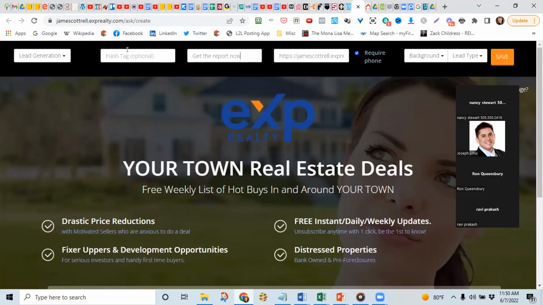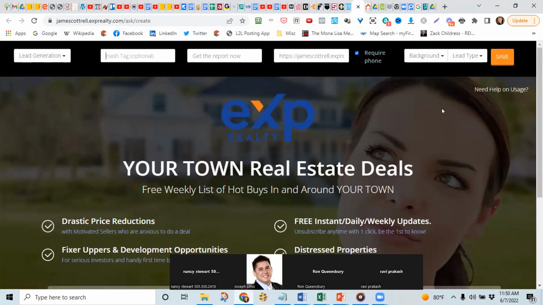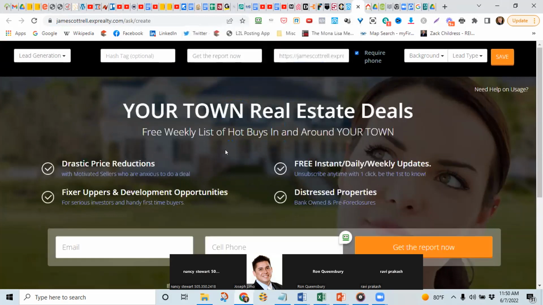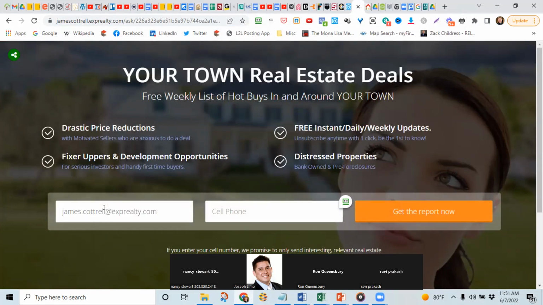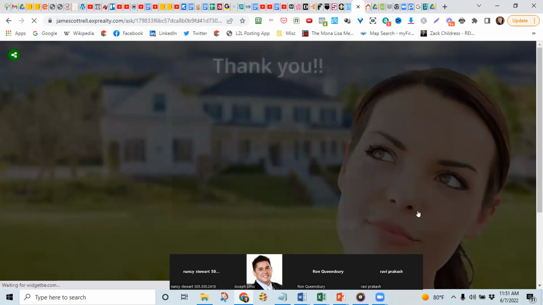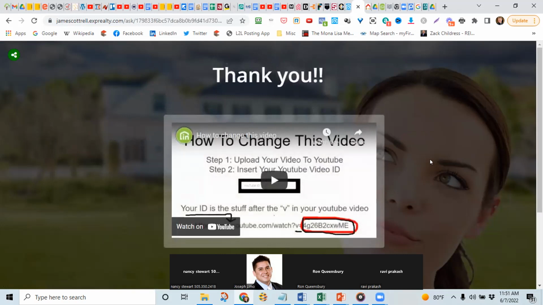And I'm not going to create the hashtag and all that. But now once I hit save, just to show you how this operates, delete all this stuff. This is where you'd put "get your free report on Martin Luther King," all of this information, "get the report now." Now I'm going to hit save on here. So when somebody submits here now, instead of taking them to that PDF, they're going to be taken to that secondary page, the thank you page right there.